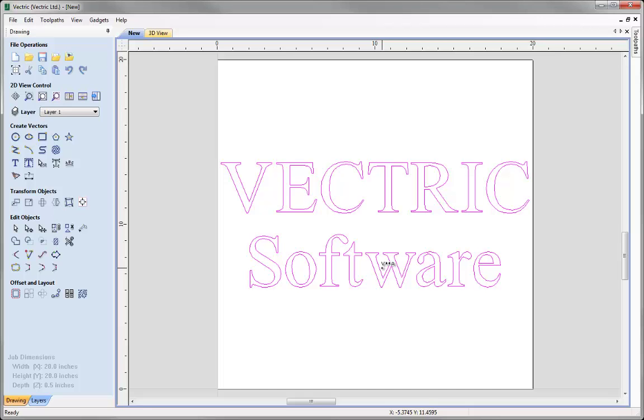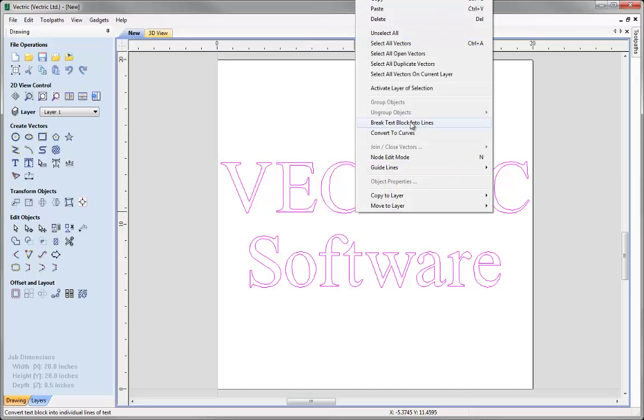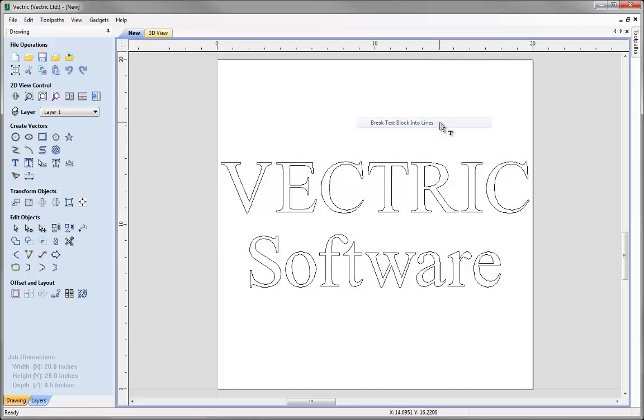Another thing that we could do if our text was single lines, we could also, in this same tool, edit the actual curvature of each text block. So what we can do is split this current text block, which contains two lines, and just right click and break this text block into separate lines. If you just right click and select that, we can then select each of the lines as